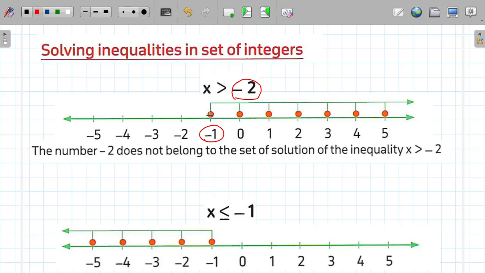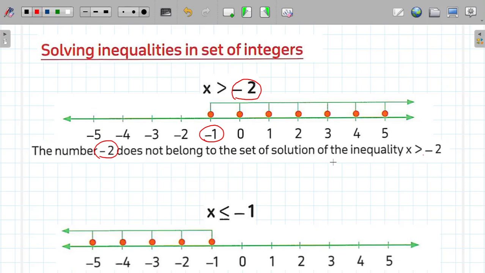So I will select every integer that can be a solution for the inequality here. So I can say -1 is a solution, 0 is a solution, 1 is a solution, and so on to positive infinity, okay? Because I don't have an end for the solutions here. But remember, -2 does not belong to the set of solutions for the inequality because I don't have the equal